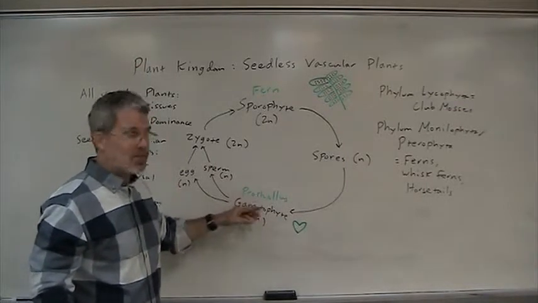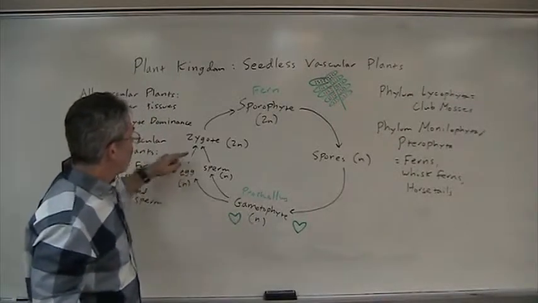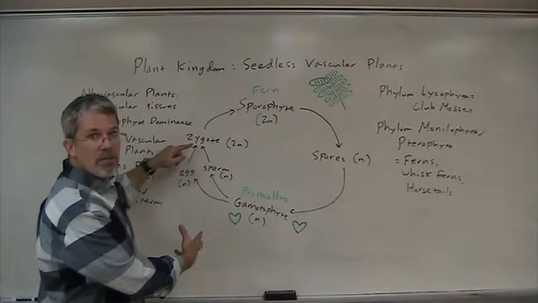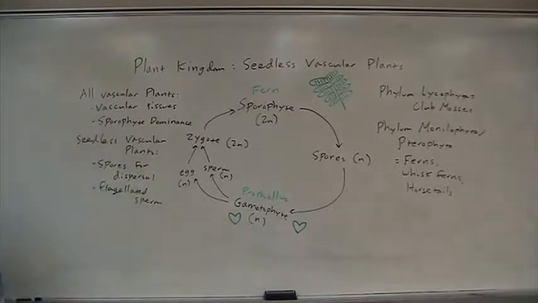called a prothallus. They will produce the eggs and sperm, and you'll have fertilization, and the zygote will grow out of the gametophyte and eventually become a new fern. So with